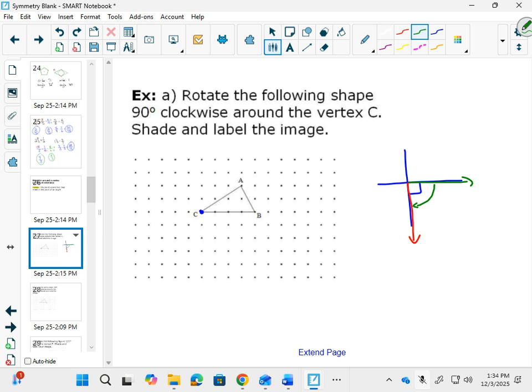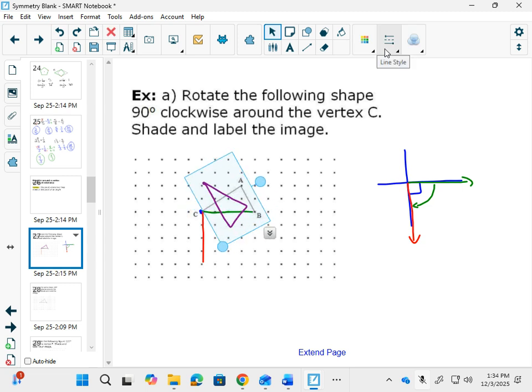Well, one of the things I could do is I could say, well, this line is like that green line. If I rotated it 90 degrees, that's going to be this line. Now, one of the things that you are going to have as a tool for yourselves is tracing paper, so you could actually trace this out, put a pin on C, and then, like,